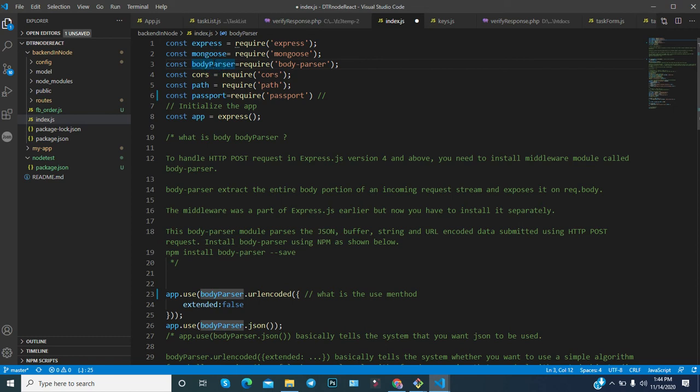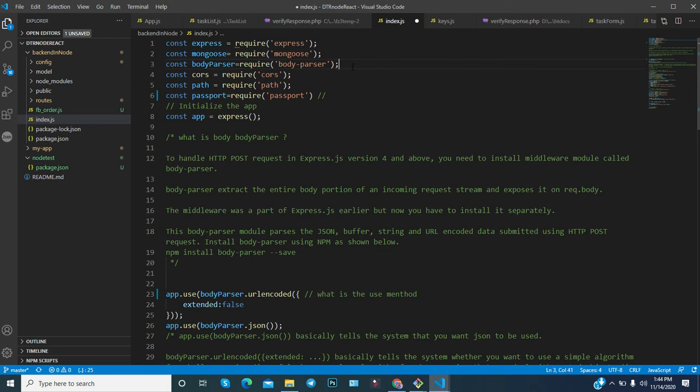And then let's talk about body parser. What is the body parser and why are we using it? Suppose you send data in an API call, some user data, let's suppose. Node.js also needs to collect that particular data that the client has sent.